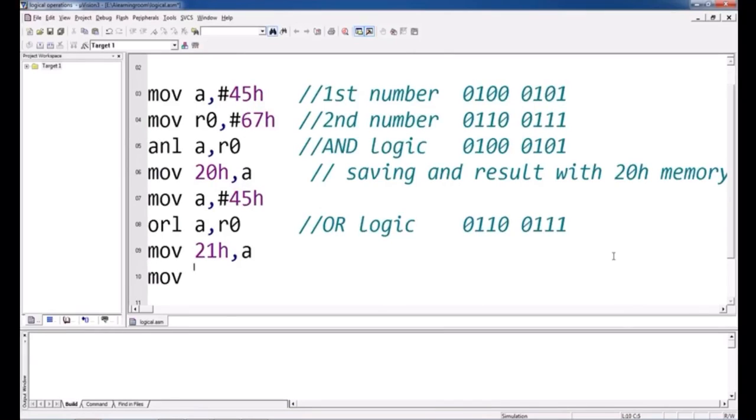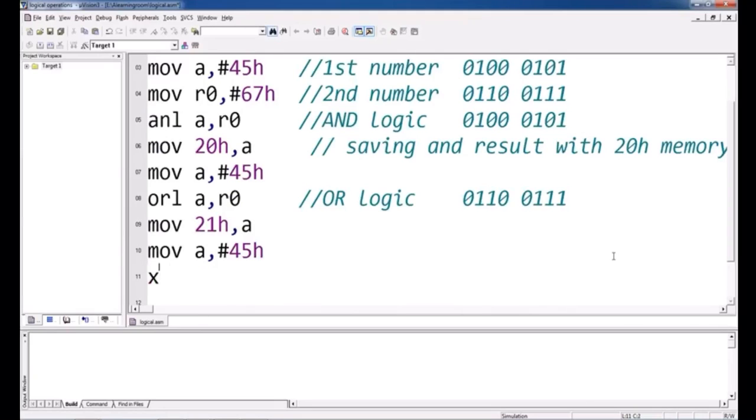And again I am looking to do an XOR operation between these two, so I'll take the first number again into the A register and do XOR operation between A and R0. You already know the XOR truth table: if both inputs are the same, the output is 0.